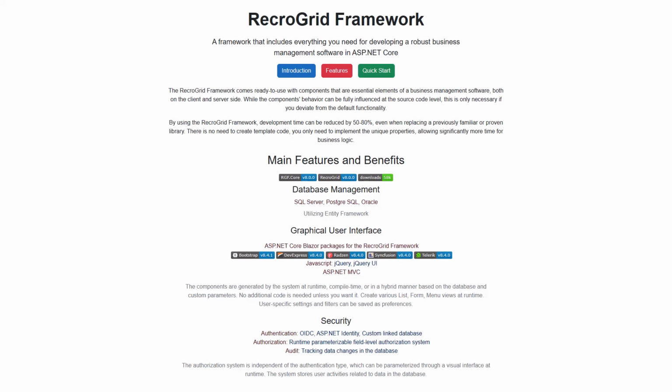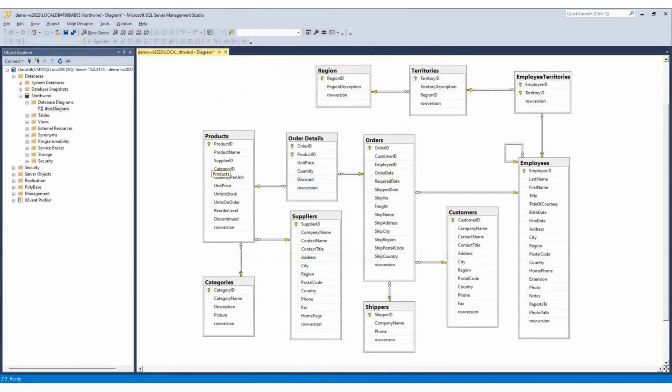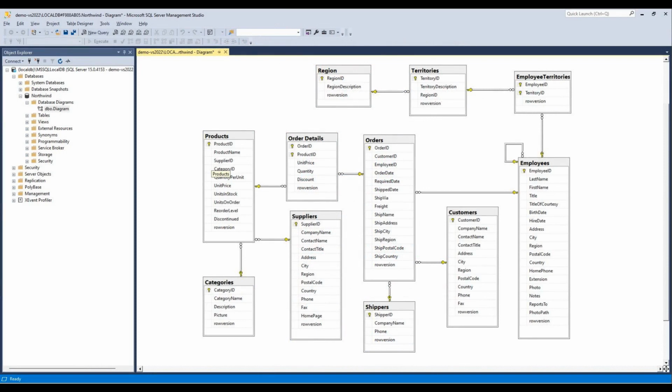The program will be developed in Visual Studio, and it will consist of an API application and a single-page application client. I'll create a simple menu, and there will be visual representation for all tables of the Northwind sample database you see here. The data will be filterable, sortable, editable, and relationships between tables will also be handled.